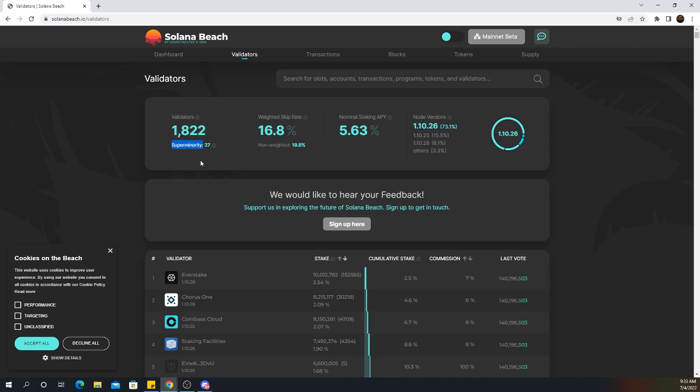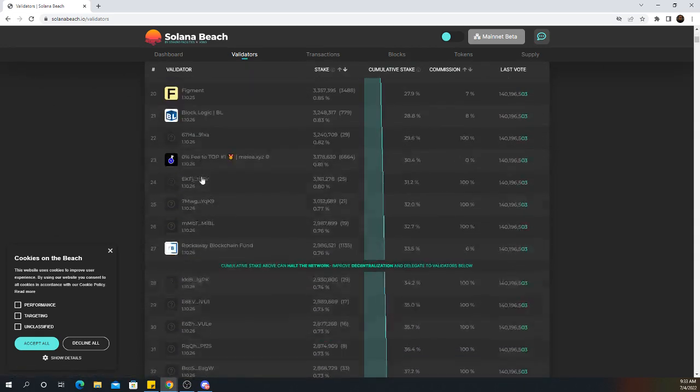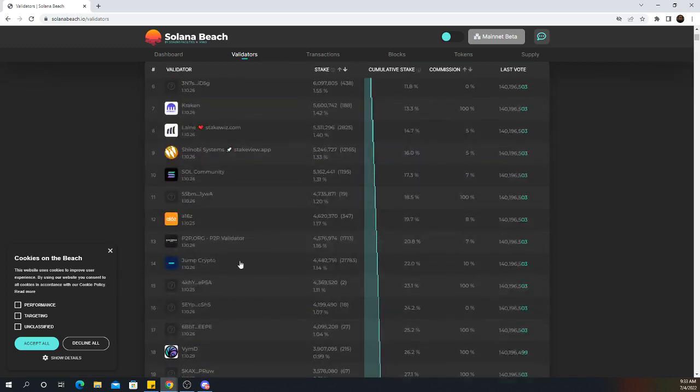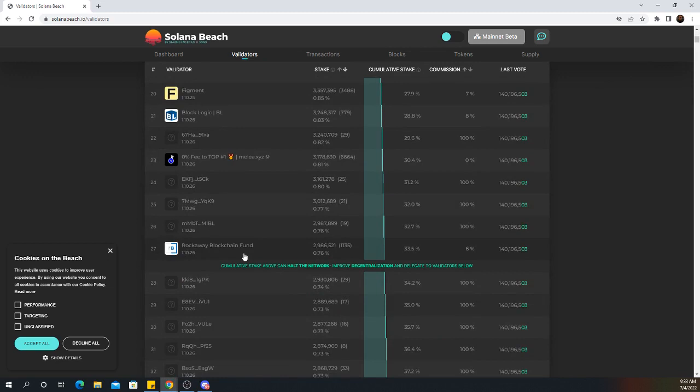So basically there's 27 validators here, from Everstake to Rockaway Blockchain Fund. And if all of them essentially went delinquent and disagreed with what the next block should be, then the chain shuts down. This has happened a couple times, and you'll note that 27 is not a particularly big number, which is why people talk about Solana as not being very decentralized, right? If 27 people can essentially control the life of the Solana blockchain, that isn't super decentralized.